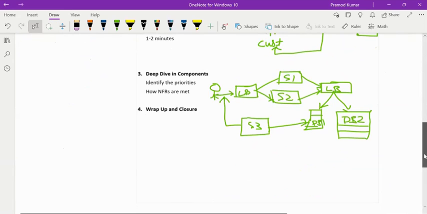So there are two approaches. Let me cover this point, then we'll come to that. So wrap up and closure. You design this system, right? Whatever flow was asked, ensure that you are meeting the MVPs and working E to E,